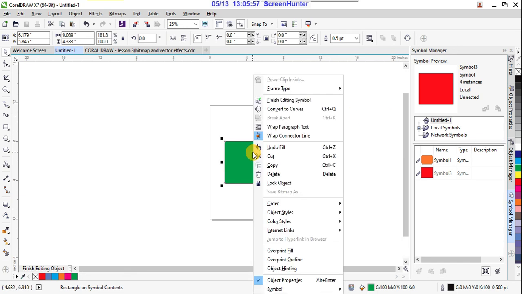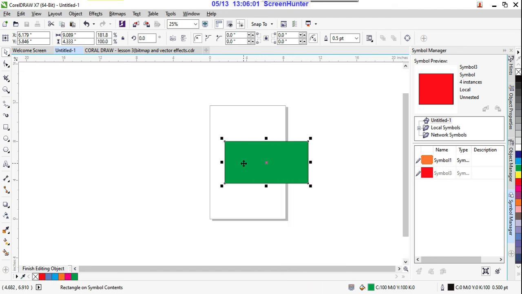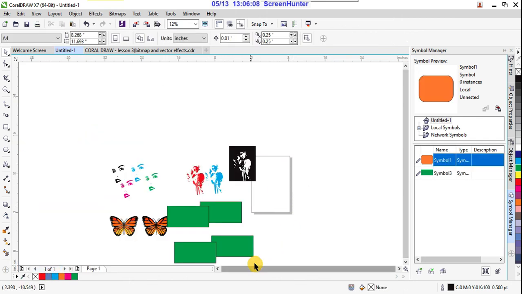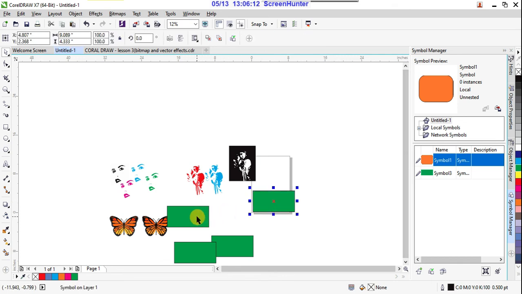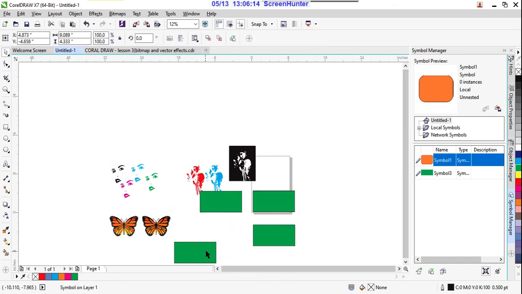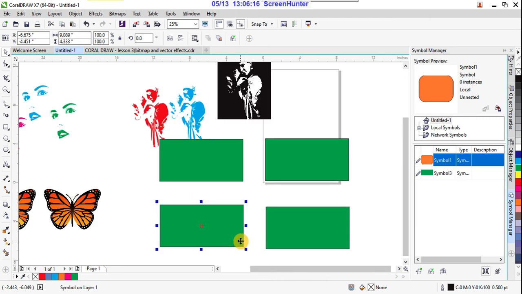Right click on that and click on Finish Editing Symbol. See, all four symbols have accordingly changed their shapes and color also, right? So that is the benefit.